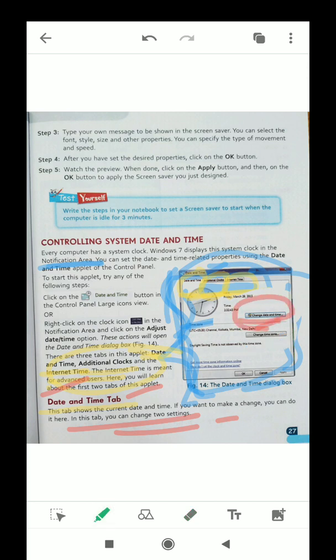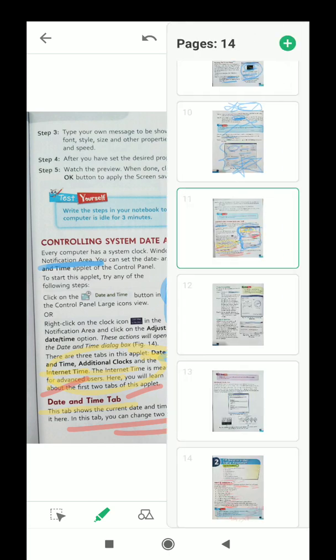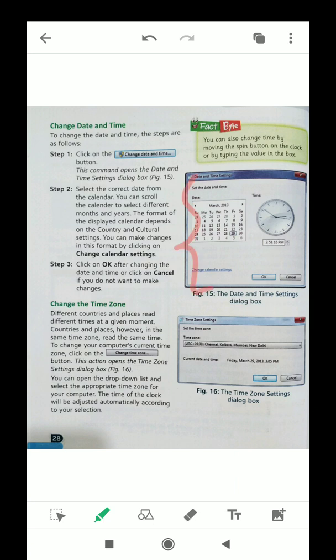So when you click on here, then you will get this tab. Okay, this tab you will get, and here you can adjust your time. Here is the calendar, you can choose the exact date, and also you can scroll it here. Up and down button is there. You can adjust your time, or by the help of keyboard also you can change the time, and then after you click on OK, so that your time will be fixed.